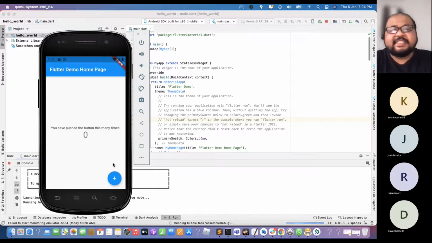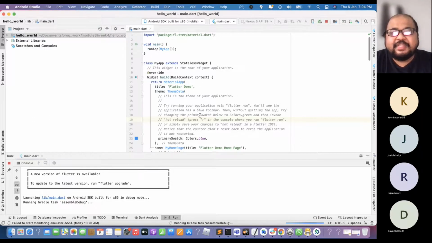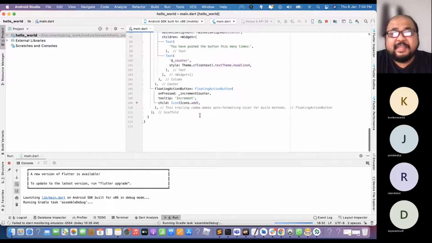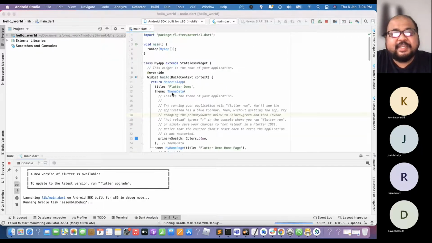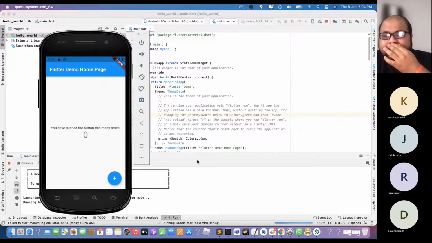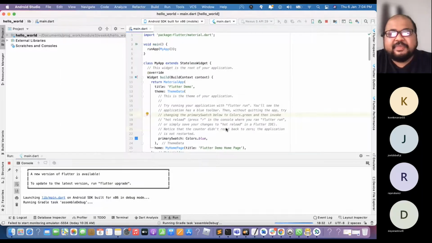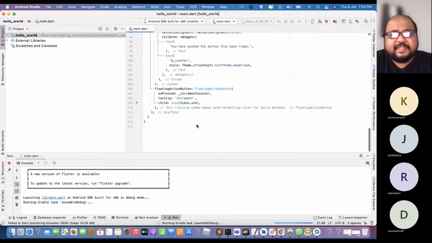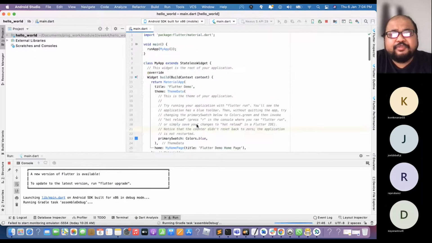Alright, so this is the starting code. They will give you this code by default. So this is the code that they give. So what we are going to do now is from this code, we are going to